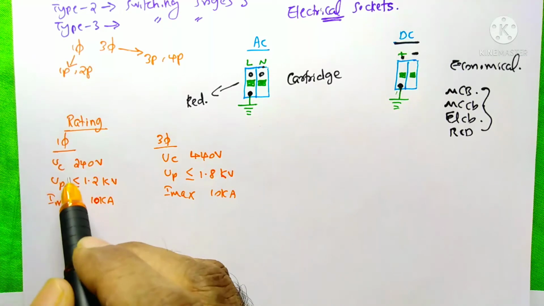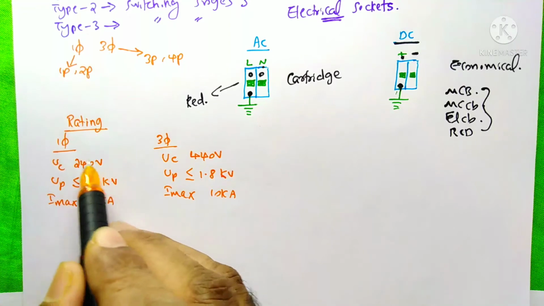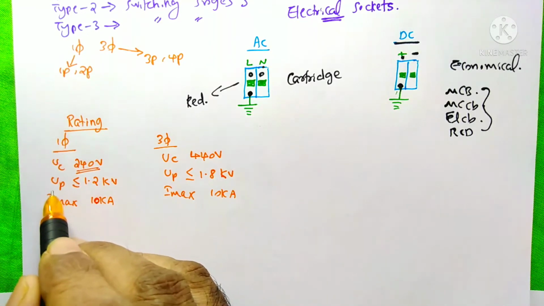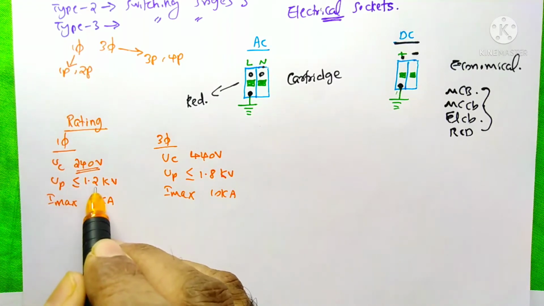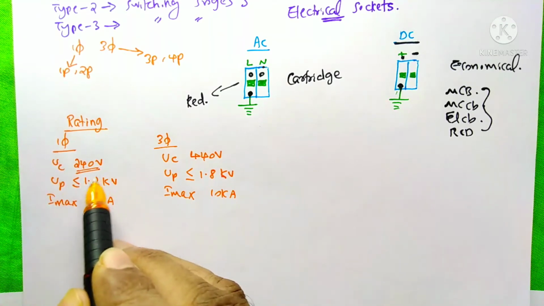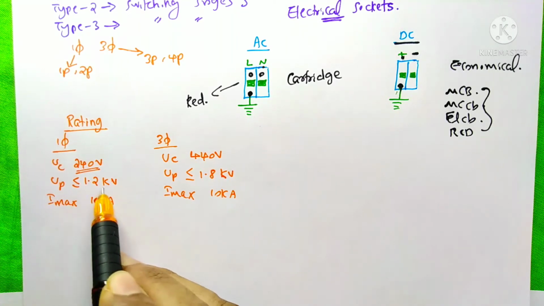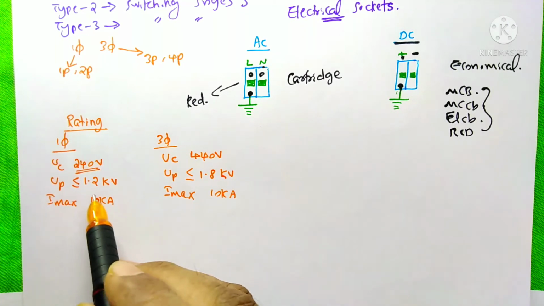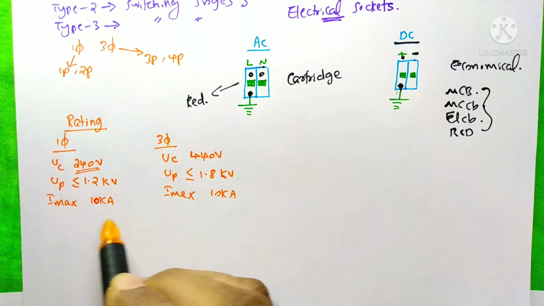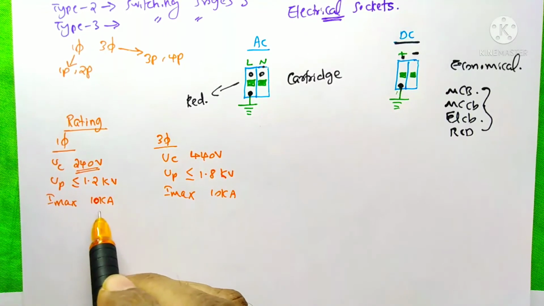And for this single phase SPD, I have just written the UC as 240 volts. UC means the maximum operating voltage. It means if your voltage level on the circuit is 220 volts, you just need to purchase the UC as 240 volts. And here the UP means the protection level is less than or equal to 1.2 kilovolts, meaning 1200 volts. It means that whenever your circuit's voltage is more than this 240 volts, up to 1.2 kilovolts, at that time this SPD will discharge those high voltages or currents, this kiloampere current, to the earth. Here the Imax is 10 kiloamps. It means the heavy current that appears in those surges.